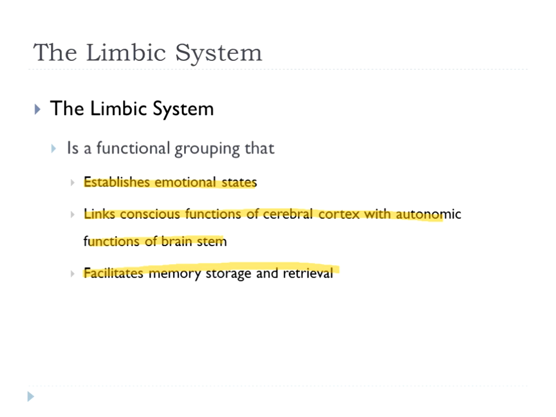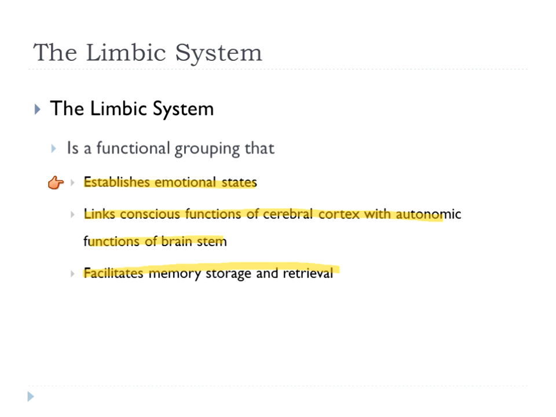The limbic system really isn't one single anatomical portion of the brain. So far we've talked about the diencephalon, the mesencephalon, the hypothalamus, the thalamus, the cerebrum, the cerebellum, and all of those are anatomical regions of the brain. The limbic system isn't an anatomical region that you can just find on a model or on a dissection of a brain. It's more of a functional grouping, and the job of that functional grouping is to establish emotional states.